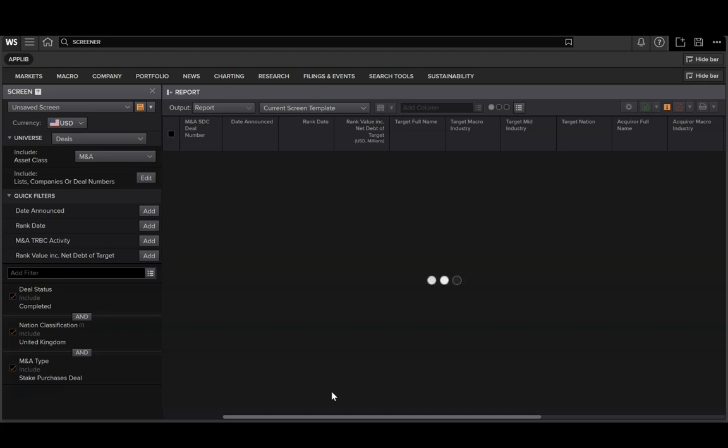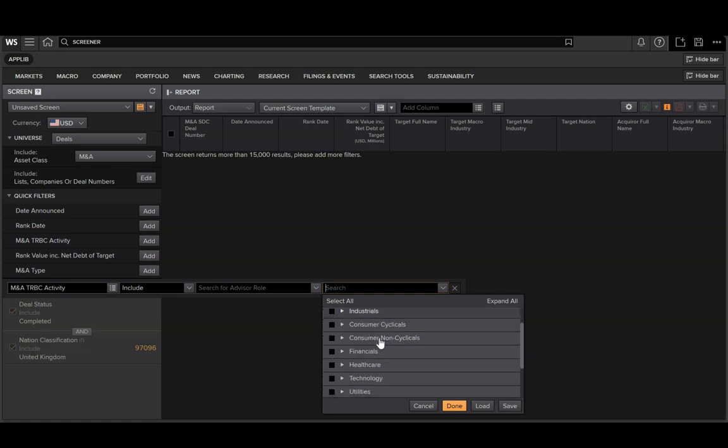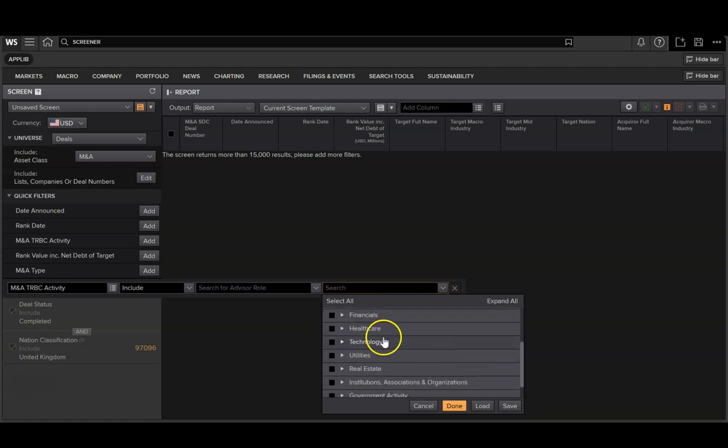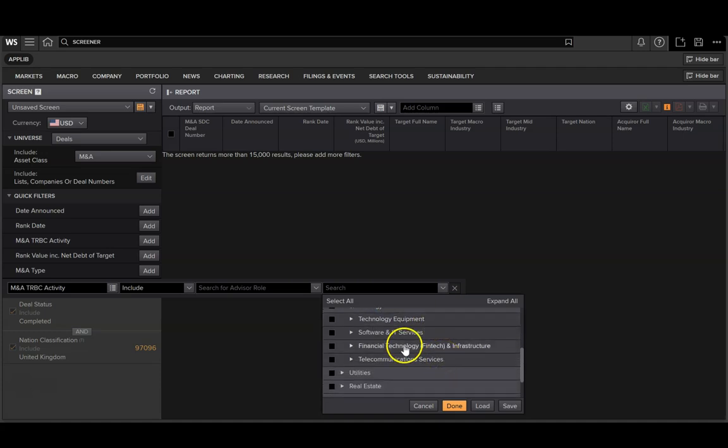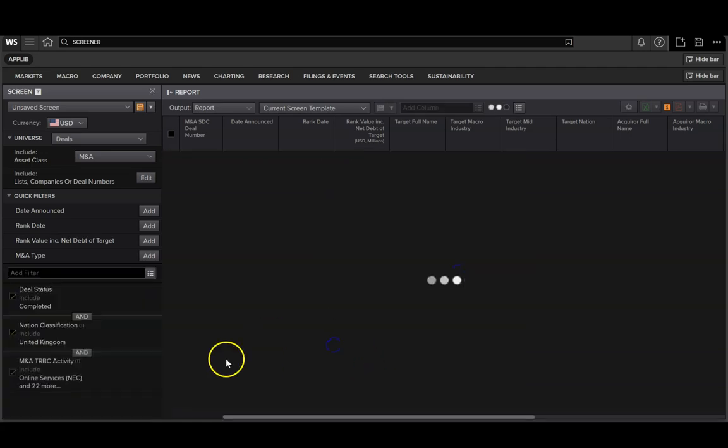Can we narrow down the search? I just want to show you how the data will look in this page. Once we have it, as long as the number of deals is below 15,000, we should be good. So it's trying to filter out and populate the list if it can. Okay, that did not work. So let's try something else. Let's try to filter based on the industry, or yeah, TRBC activity. So if we go for technology, for example, software and IT, let's see whether we can narrow it down to a bit